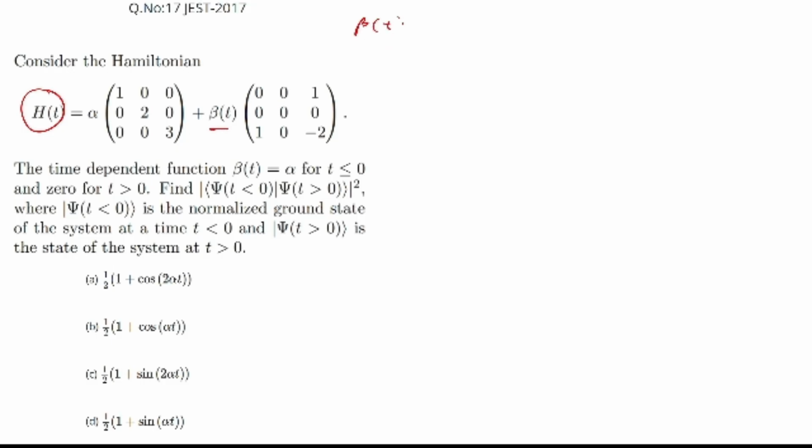So beta t is given as alpha when t is less than or equal to 0 and 0 when t is greater than 0. Now we have to find psi of t for t less than 0,